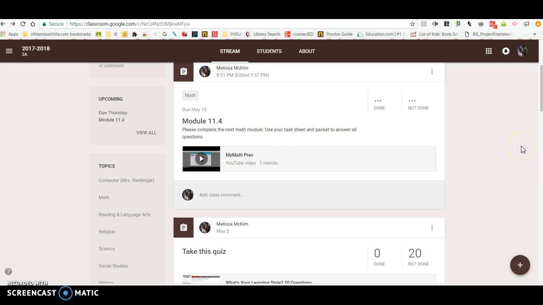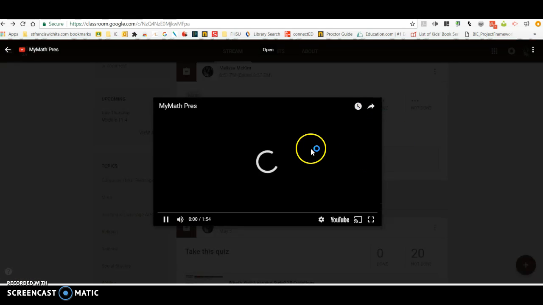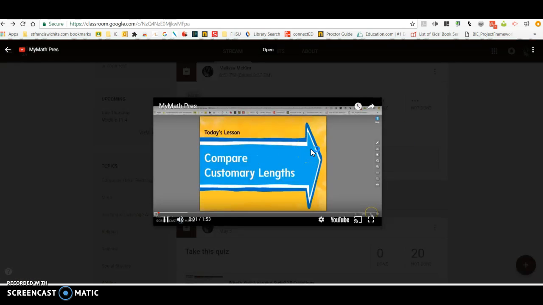So when my students would go in and I would be teaching this and explaining this to those teachers in that session, all they would do is go into their Google Classroom, click on whatever module they're in, and then go through the in-class flip video.